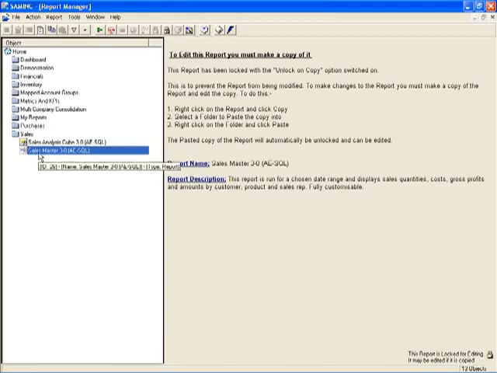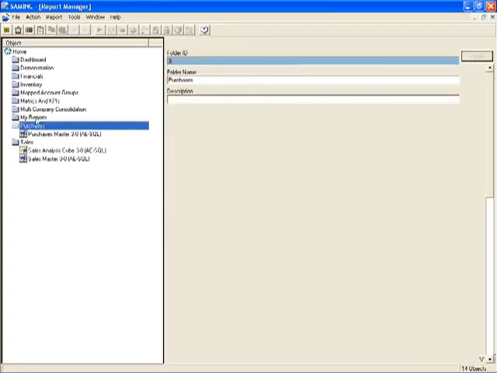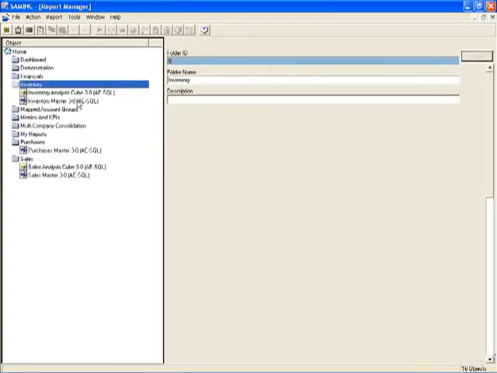So I would just as easily right-click, copy the report, run the copied report, add in the columns of information that I need, and then come back and use that file as my template for this report. But those are some of the things that you can do specifically with reports that are designed as pivot tables in Microsoft Excel. There's the Sales Master report, there's the Purchase Master report, there's the Inventory Master report, and those three reports are the key reports that are designed in pivot table format in Microsoft Excel. And that's it for editing the pivot